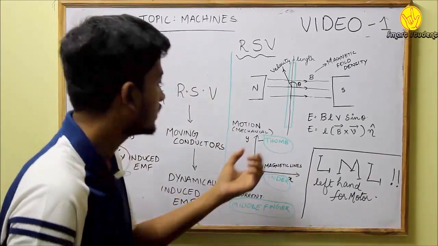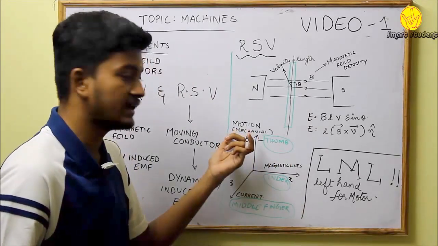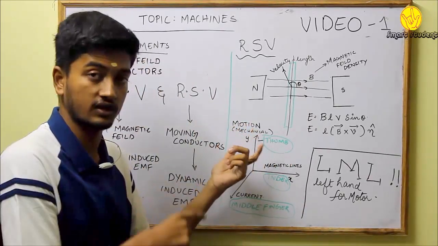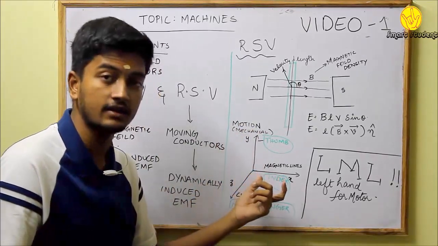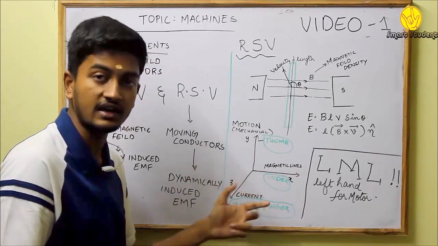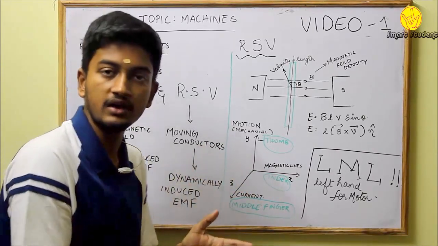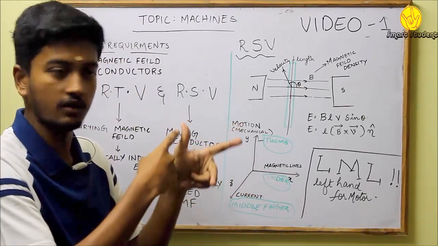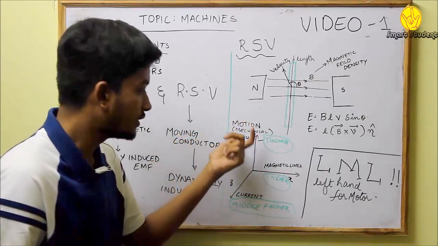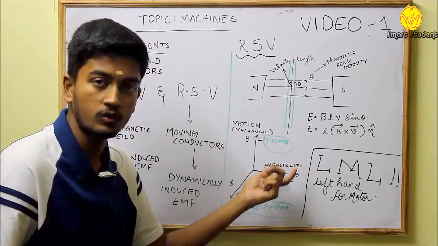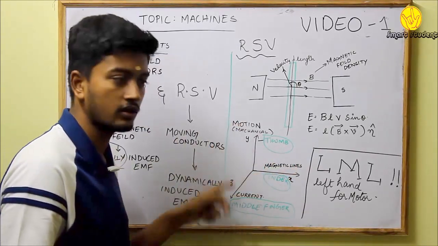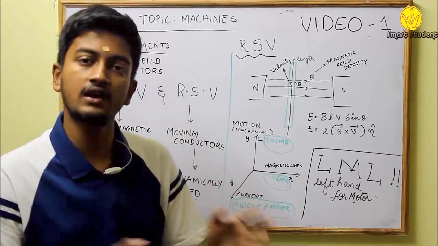Alright, now if I take my thumb as mechanical energy or motion of the conductors, and if I take magnetic energy as my index finger, and if I take my current or electrical energy as my middle finger, we can easily understand it, because mechanical energy requires magnetic energy to be converted into electrical energy. In this way we can easily remember Fleming's left hand rule or right hand rule,